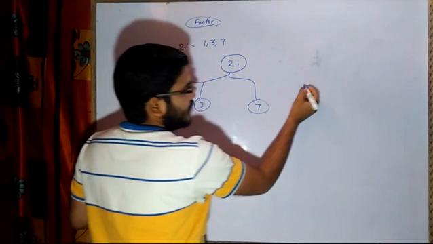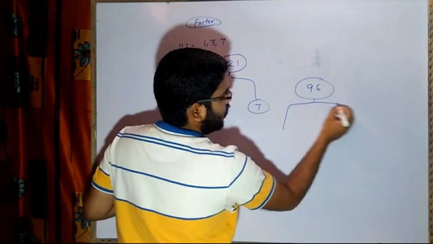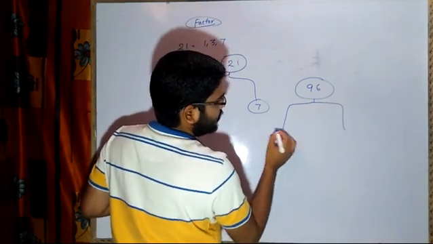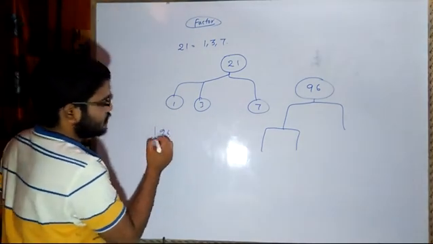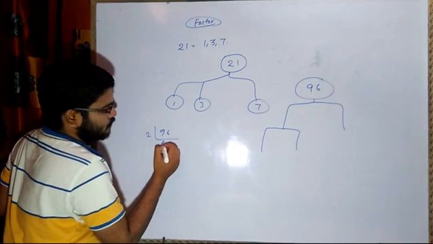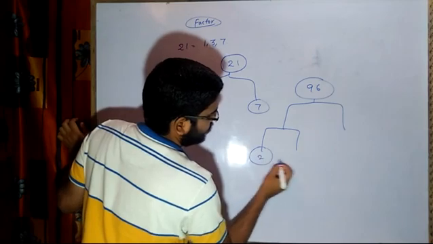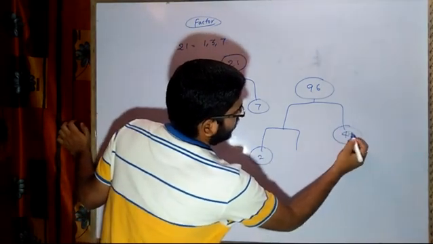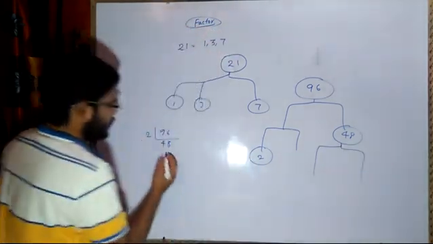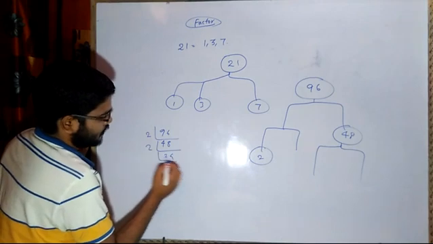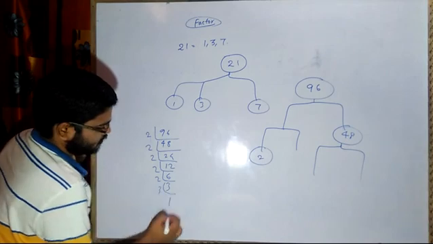Like in case of 96, they will give you a number, then they will ask you what are the numbers that will come in between 96. Suppose 96, if I break 96, what is going to happen? 2 4s are 8, 2 8s are 16. So here they can write 2, then here they can write 48. Now after that they can do the branching and then say 24, then we will be having 12, then we will be having 6, 2 3s are 6, 3 1s are 3.